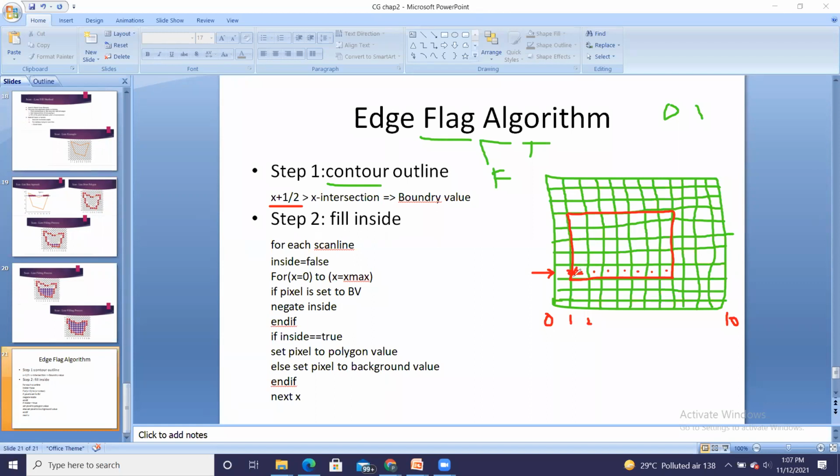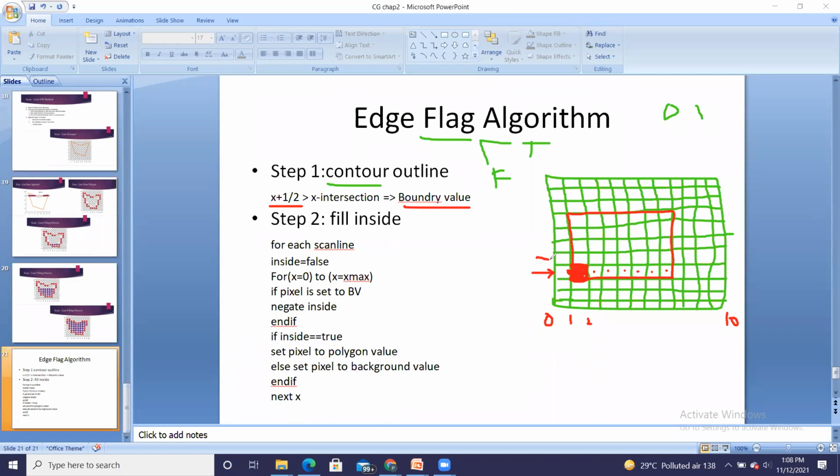This one. I have to select the leftmost pixel such that the x plus half should be greater than x intersection. So all these pixels are having x plus half greater than x intersection. And then I have to select the leftmost out of that. So this will be treated as your boundary value. So the leftmost pixel is considered as your boundary pixel. So this will become my boundary.